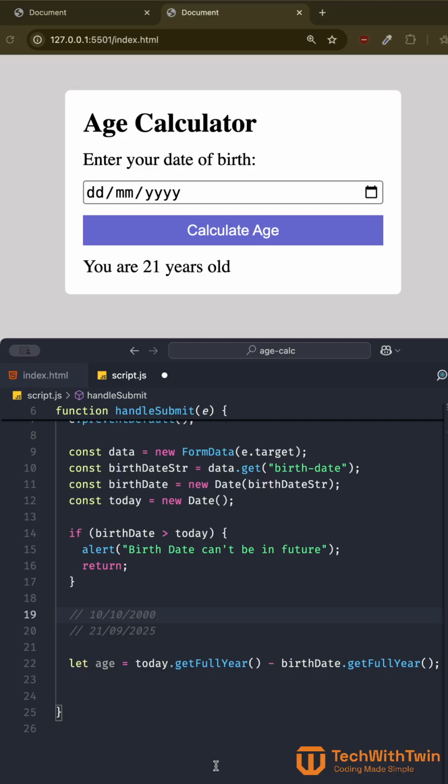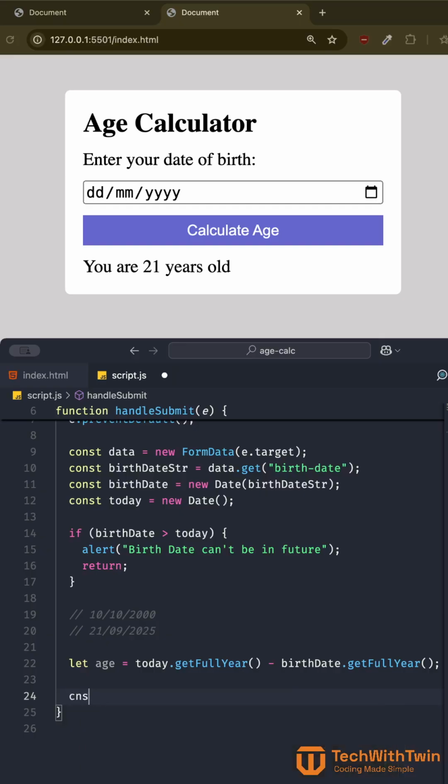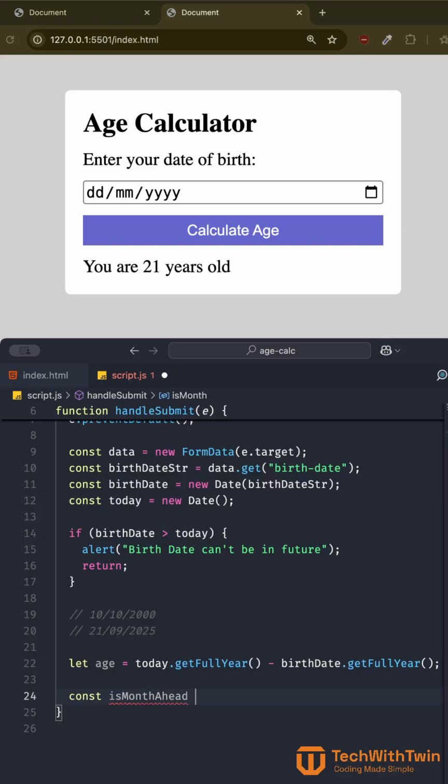So this one will give us a wrong date because this person is not yet 25 years. But when you're doing the getFullYear and the difference, you're getting the difference between 2025 and 2000. We cannot say that is the age because this person is not yet 25 years. So we are going to create another variable using the const, and then we are going to say